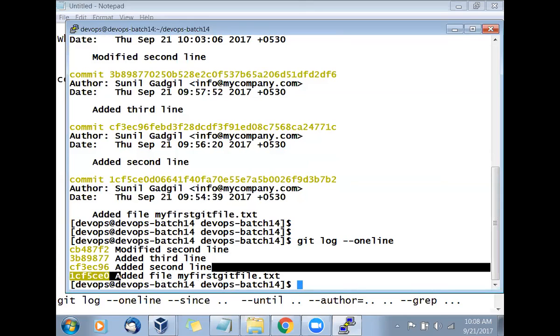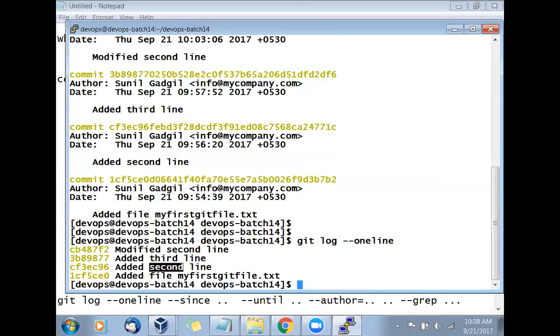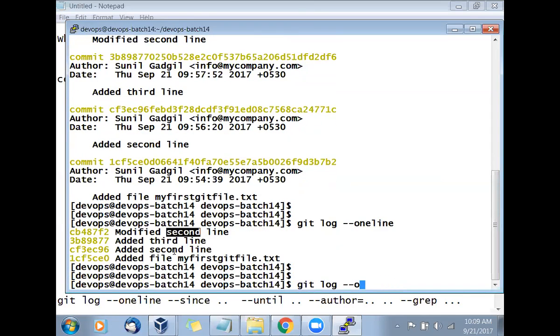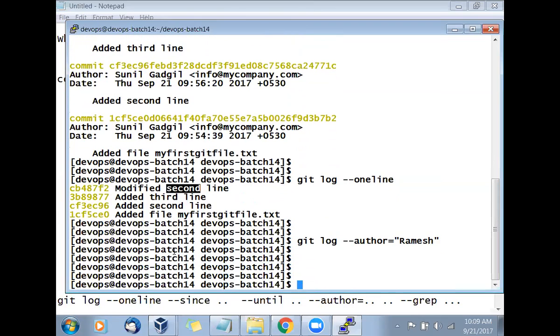So the old ones go to the bottom, then the second line, third line, modified the second line, whatever commits we have made. Now I want to search with the author. Let's say, for example, I'll say author. Go and get the Ramesh author.